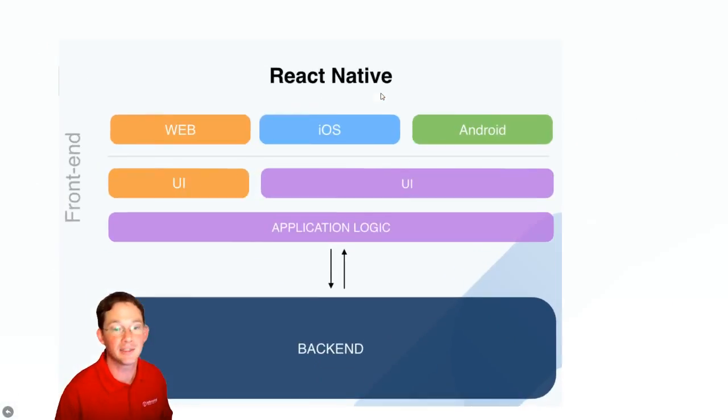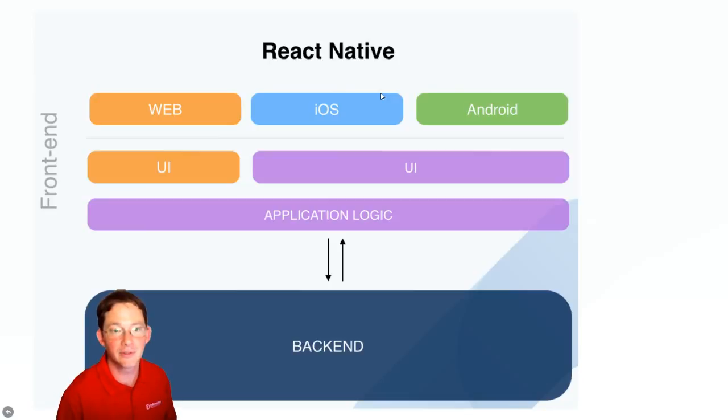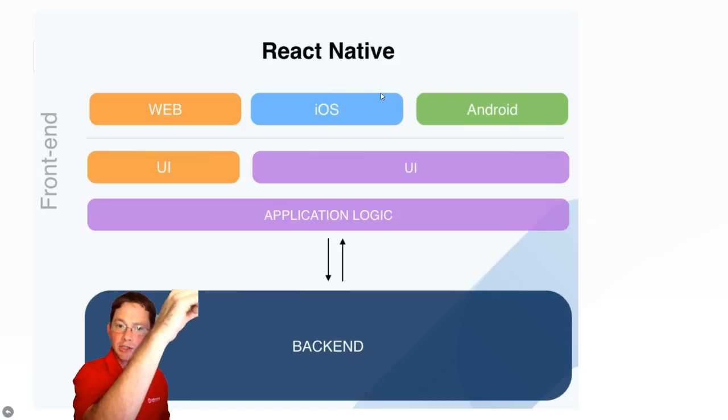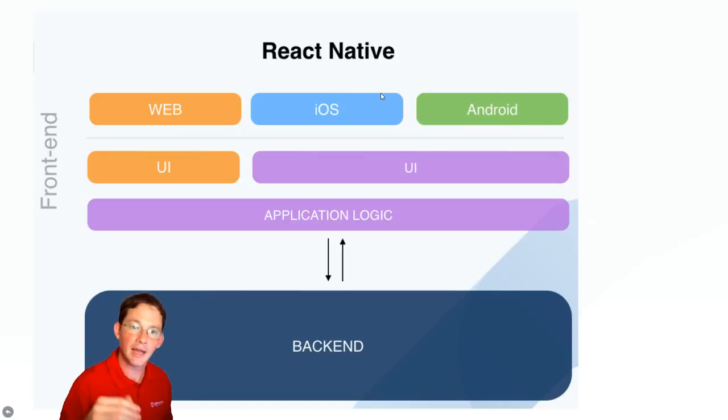Okay, let's talk React Native. React Native is a technology that is similar to Ionic, except for the fact that there's no Cordova in there at all, and it has application logic, and then it has a UI tier, which is all still in JavaScript. So it's running in a browser like a hybrid app. But here's the crazy thing that they do. They allow you to write